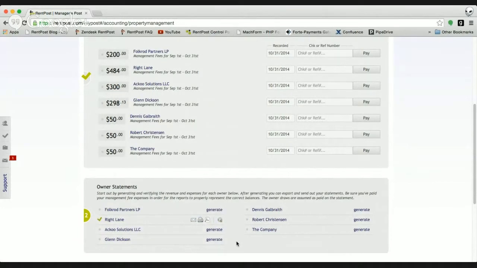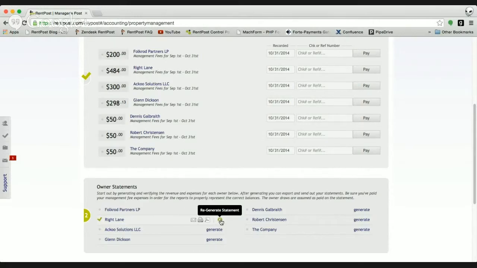This is important because if you're sending out these owner statements to an owner, it needs to represent exactly how it was sent out. If something was altered after the fact, you wouldn't want your records not matching what was actually sent out to the owners. That all said, you have the option to regenerate this statement.